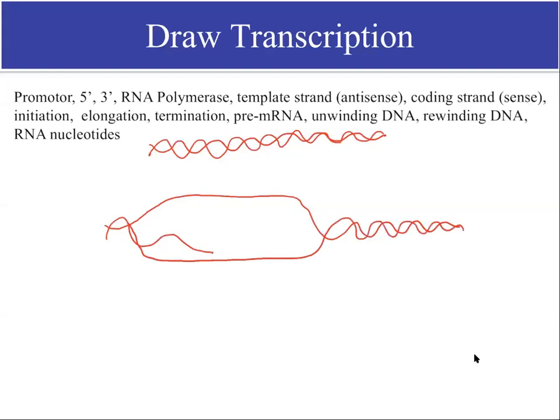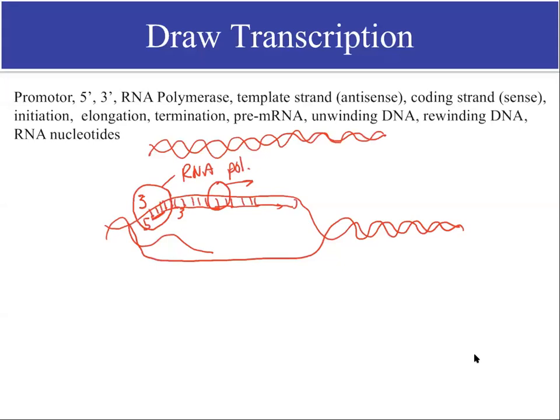A replication fork. And then along one side, we want to have the 3' there, so we're going to have our 5'. So this would be the 3' side. RNA polymerase, so we'll represent RNA polymerase like that, is going to start to add new RNA nucleotides at the 5' to 3' end. And RNA polymerase is just going to keep on going down the strand